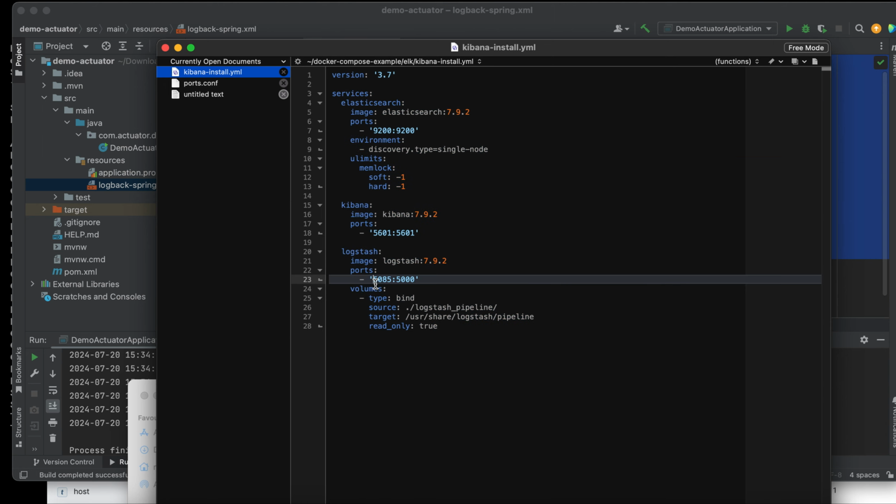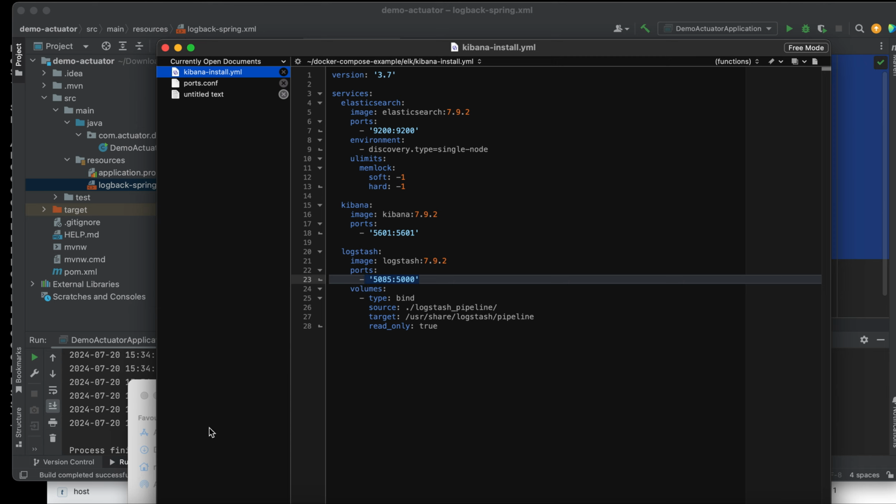Actually for Logstash it's supposed to be 5,000, but in my case, because the 5,000 is used by my OS, I'm using Mac operating system, that's why I have to change this to 5085.